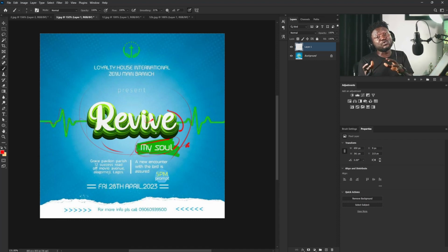There's a way you can use a normal text with a 3D text, but the elements where you're going to place the text should have that 3D effect. I mentioned something before I get to this other option that I've shared with you: there should be a connection whenever you're creating your 3D title. For example, let's say this is a board here. If you make this board a 3D object,